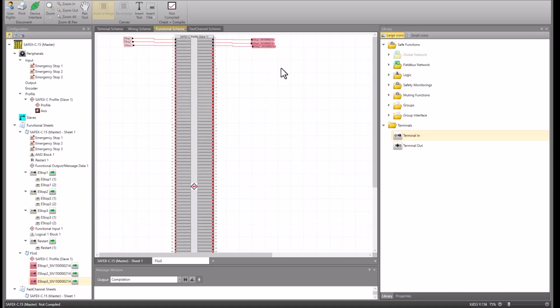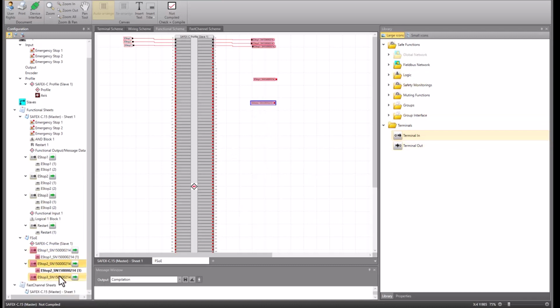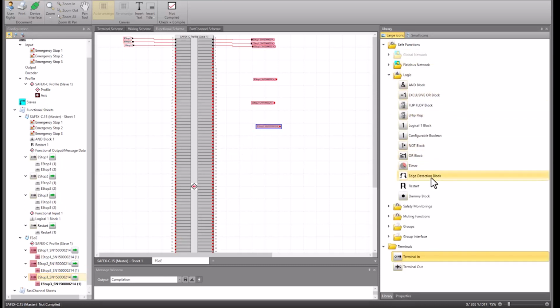And from video 1 we learned that what is marked in red is not yet compilable. So I still have to use those signals. That means I'm going to send these signals to a logic again. But I make this very easy for myself and just take a dummy block here.